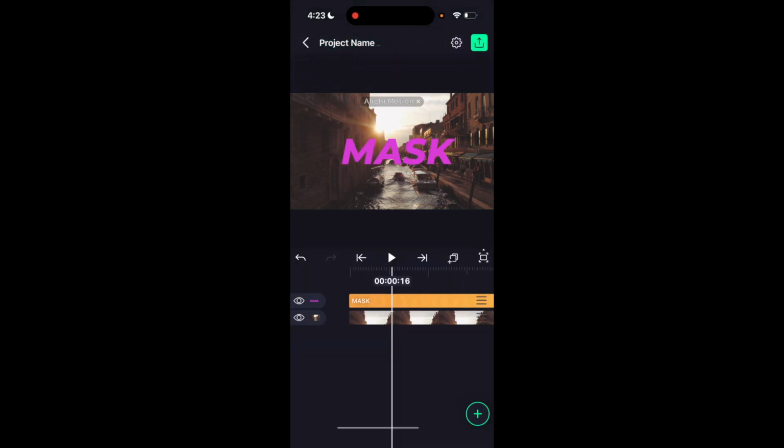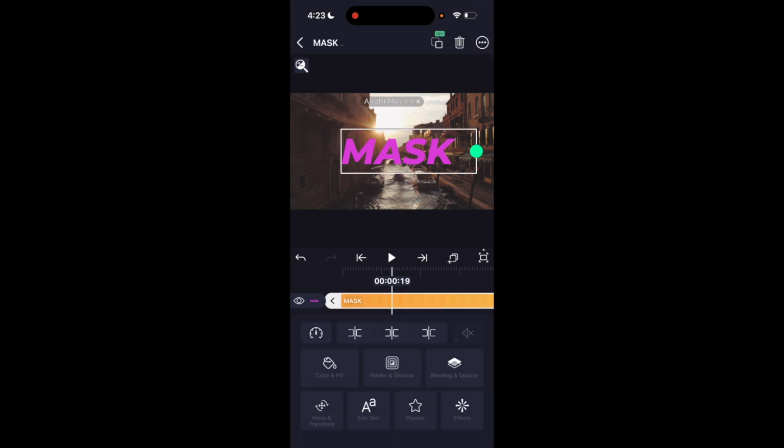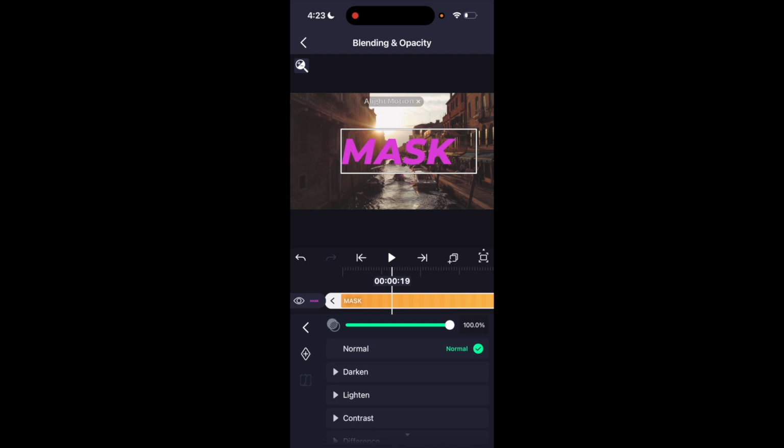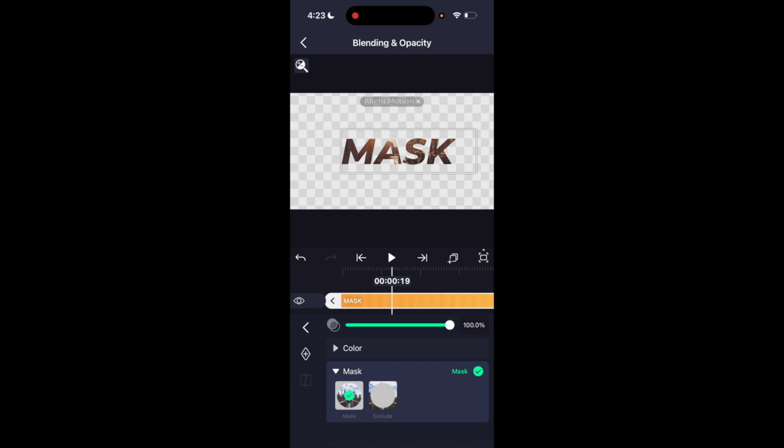Once your text is selected, if you want to mask it, select the text right here, open up this option. Then I want you to go to where it says blending and opacity. Then I want you to scroll down to the bottom to where it says mask. And then once you're here, you can go ahead and select mask just like this, where if you were to